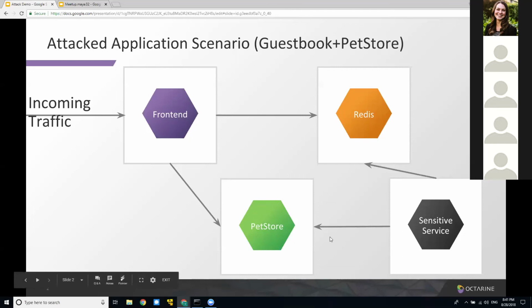So in that case, we would like to apply some policies so that the front-end application will be able to use only some of the methods and some of the HTTP calls, but not all of them. And this is something that can be done in a layer 7 policy without putting the burden on the developer, which is always a good thing.